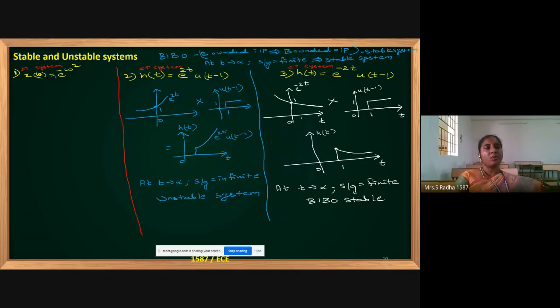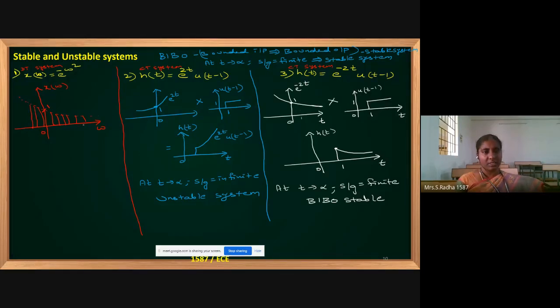X of omega equal to e power minus omega square. Minus means decreasing exponential. So it is something like this. Omega square is there. This is x of omega 0, and this is omega. The cutting point, if you put omega as 0, is 1. The diagram is something like this. It will have pillars. Why am I drawing dotted lines? This is the discrete time representation.